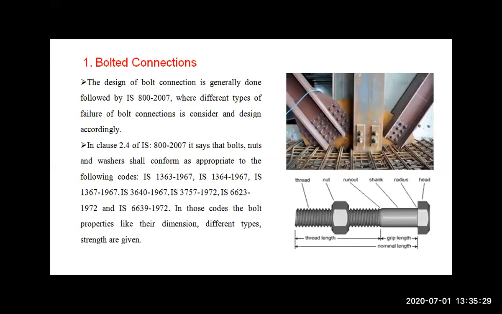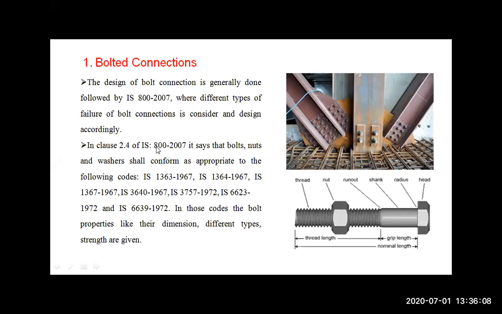Whatever structural components we are using in our steel structure or RC structure, they will fail if a heavy load comes. It is the same in our connections also. If a heavy load comes on our bolted connection or our bolt, there may be failure of the bolt or the plate also. So all the theoretical part, and some numerical formulas, are given in IS 800 2007.